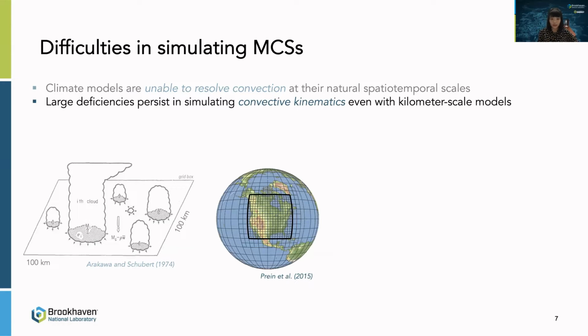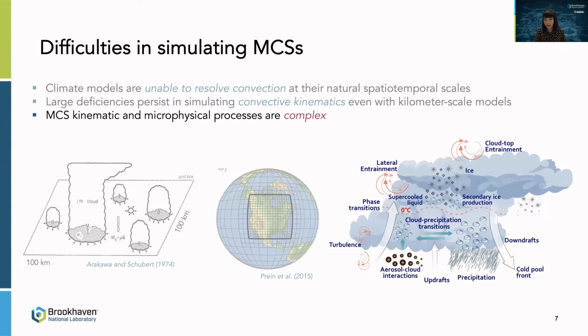However, recently, global and regional models have reached the convection-permitting scale with a grid spacing less than 5 kilometers. And this has significantly improved the representation of MCSs, especially their bulk properties, because we turn off the convection parameterization in these models. But large uncertainty persists in simulating those small-scale processes of MCSs, especially the updraft and downdraft properties.